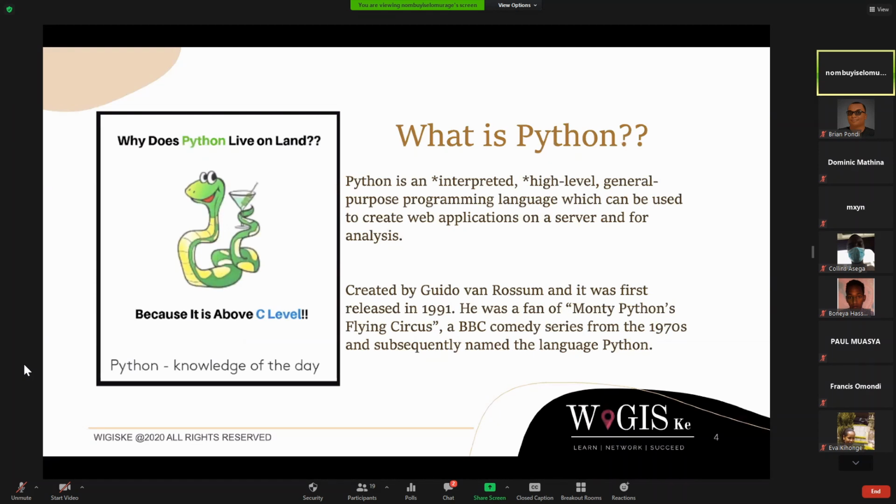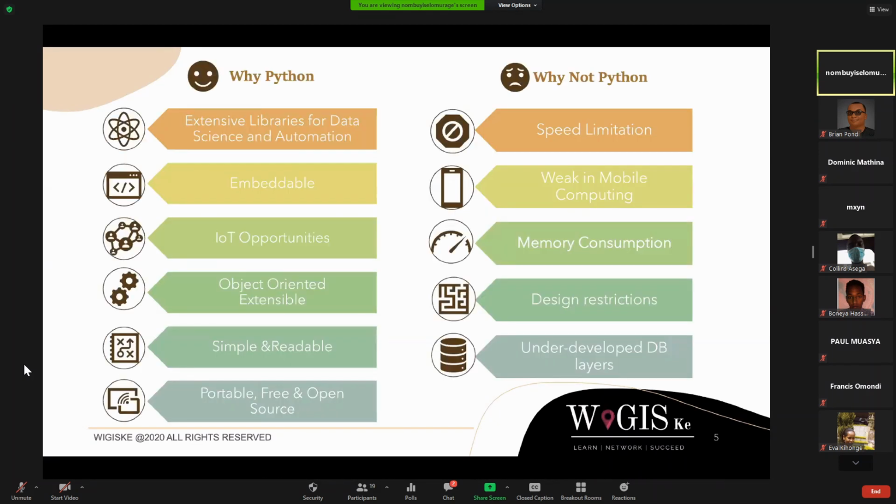So being that it's an interpreted language, obviously one of the key advantages is how portable it is, how simple it is, how embeddable it is. But then the same strengths that have taken Python to be uptaken across various fields and various companies are some of the disadvantages that work against Python. And when we're talking about big data and GIS, because in GIS we are very comfortable with big data sets, we need to know how we can circle around some of those disadvantages.